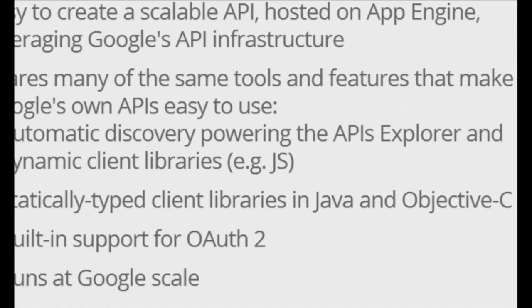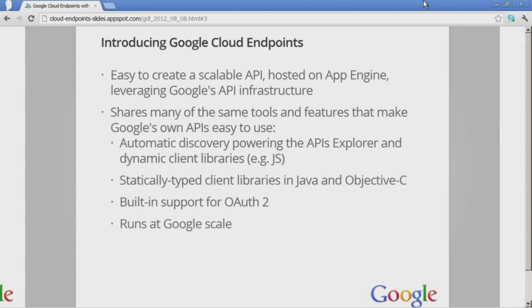If you're not familiar with Google Cloud Endpoints, as I said, this is a technology we announced at Google I/O. It's a feature of App Engine that allows you to create a scalable API hosted on App Engine that also uses many of the pieces of Google's API infrastructure. So when you're building APIs on Google Cloud Endpoints, you're building them on the same technologies that we use to build Google APIs. So things like the Google Calendar API, the Google Plus APIs, many of the APIs that you're probably already familiar with and already using. And what's great about